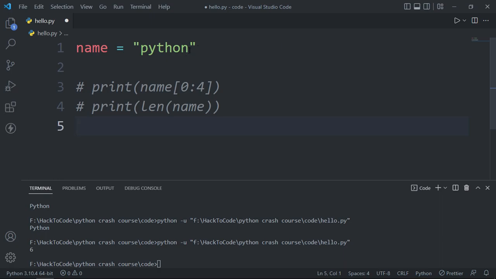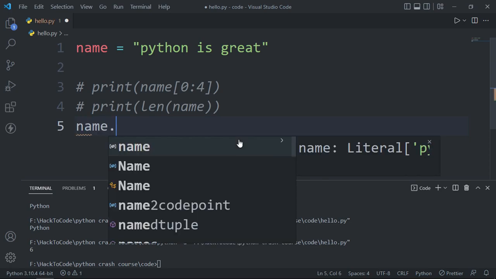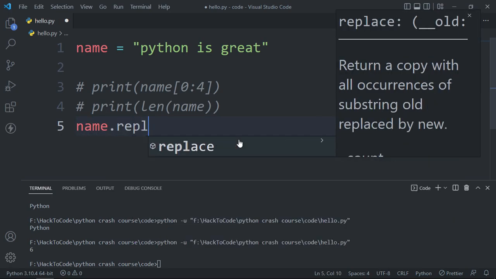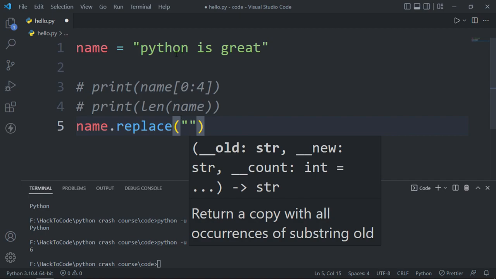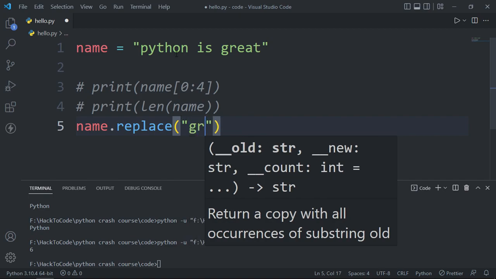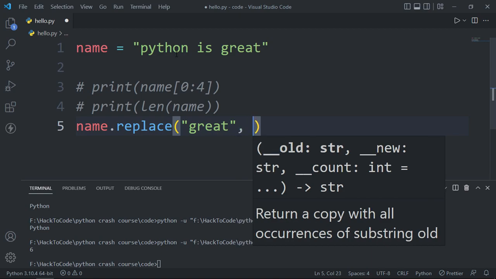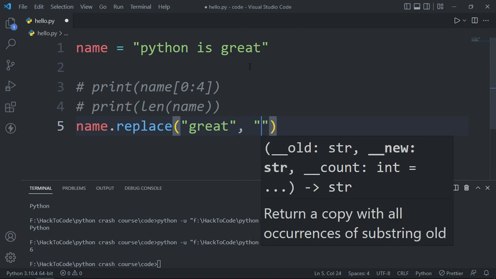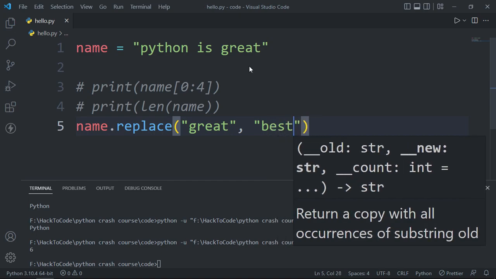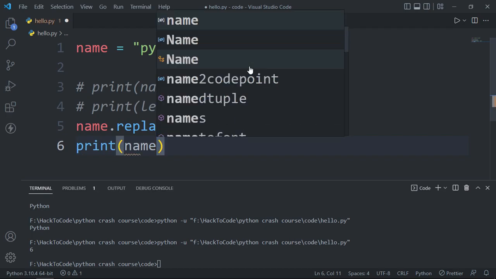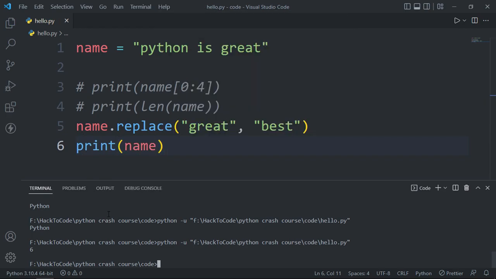Now I can also replace this string. For example, if I type here Python is great, and I can type here name dot replace, and here I have to type the old word. So I will type here great, and in the second argument I have to type the new word. So I will type here best. If I save this file, and now if I print name, and if I run this code,